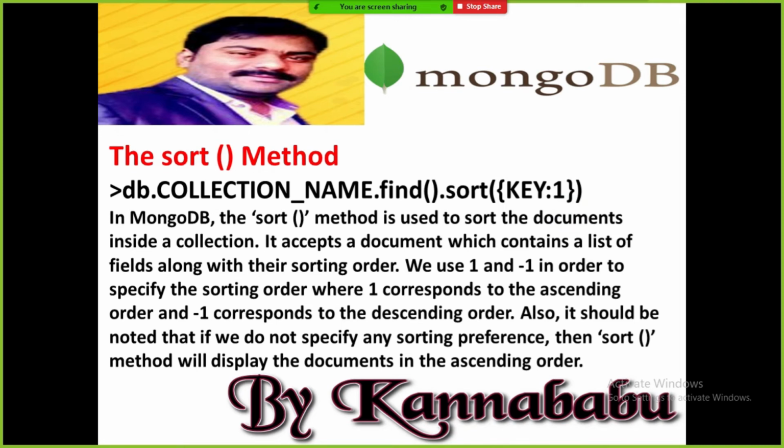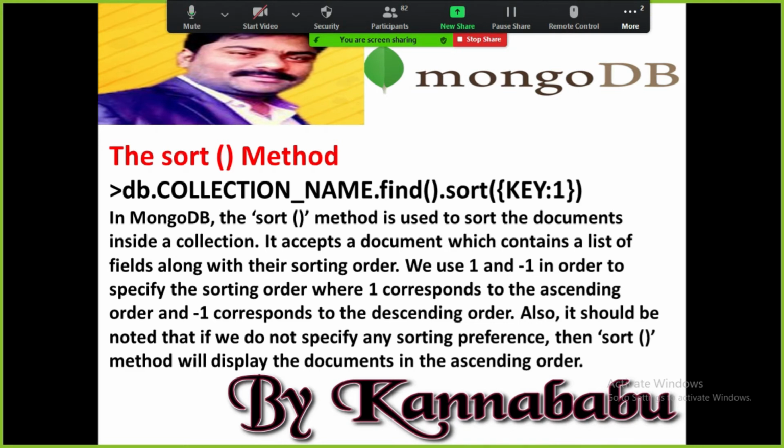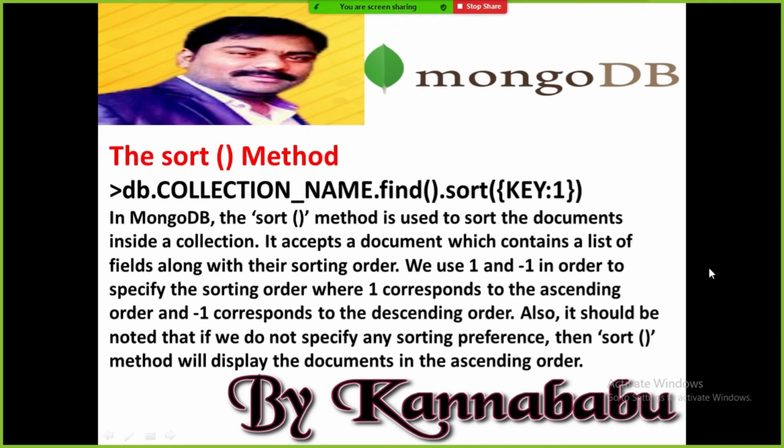Sort function means if you want to fetch the data from the collection in some sorted manner, like in ascending order or in descending order, display all the details in ascending order or display all the details in descending order, then we can use this sort function. Actually, this sort will maintain the data in the form of key and value pair format. Key is the ID given for the document, value is the document result.